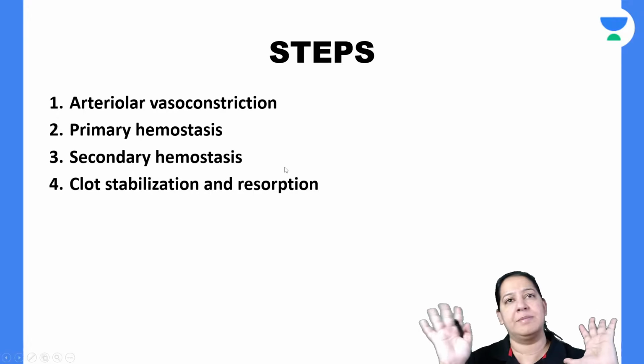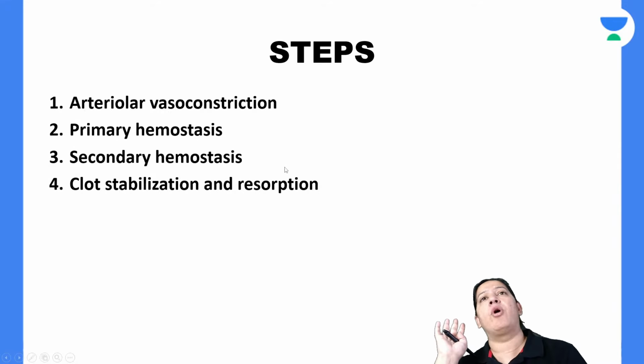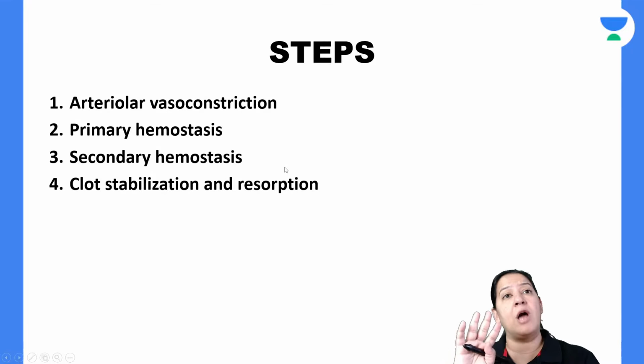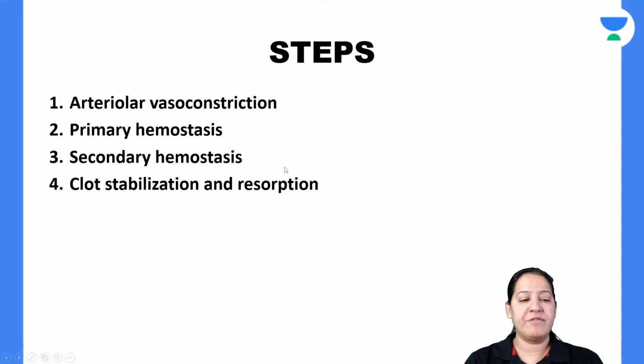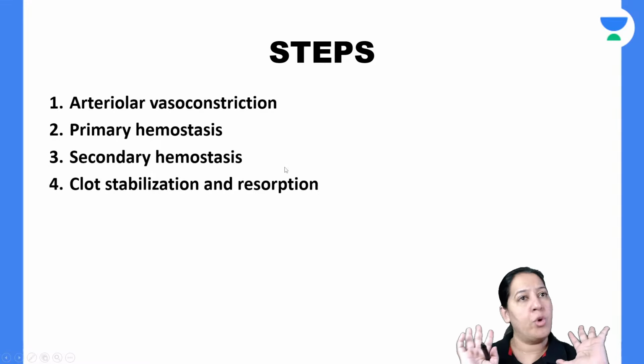Now everyone give me a thumbs up. I will show you the theory. Everything is written in my notes. But first give me a thumbs up if you got this. The 4 steps, if you got this, now I will teach you thrombosis. After these steps, this is hemostasis. It is a normal physiological phenomenon. I am interested in thrombosis. I want to teach you what is thrombosis. So I will teach you thrombosis now. Give me a thumbs up if anyone is listening live. You got the 4 steps.